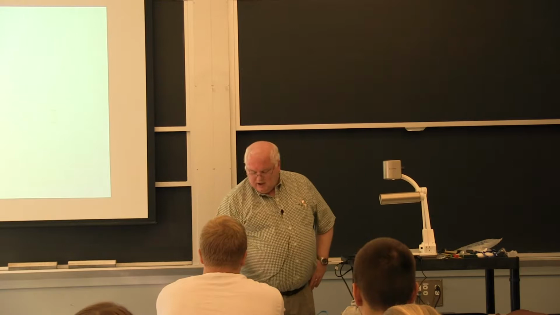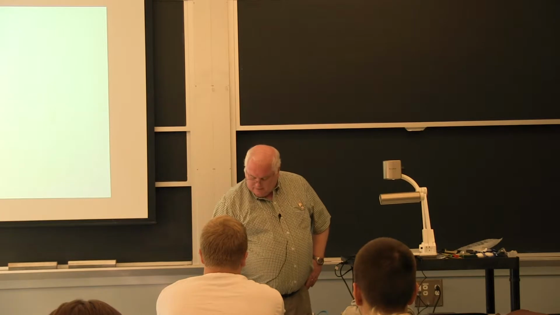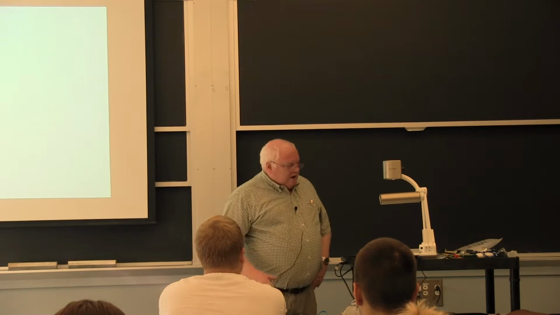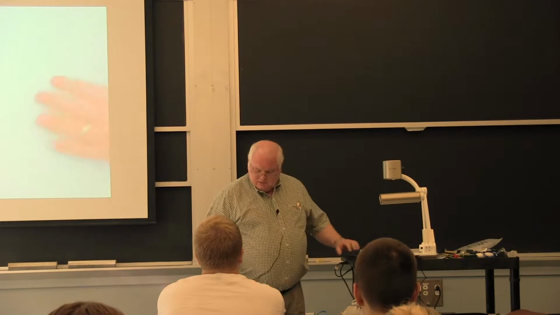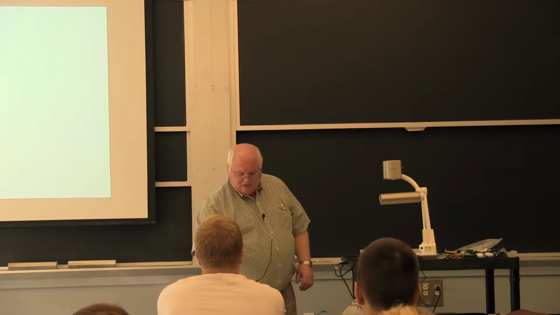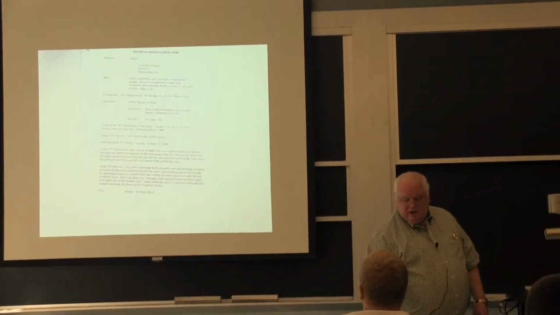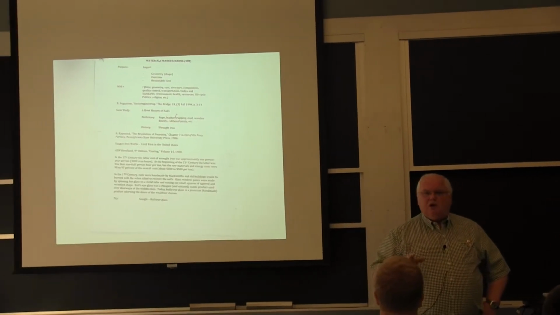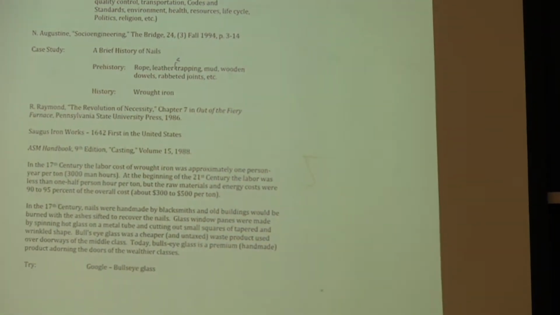Well, in any case, what I wanted to talk to you about is making of nails and how that all fits together. I've estimated that the productivity of making steel, and it's in this little materials manufacturing thing that I handed out to you, this is a Tom Eager estimate, that it took in the early 1600s about 1 person year per ton of cast iron that was produced. You had to go out there and cut down a few tons of cordwood. You had to then turn that into charcoal.